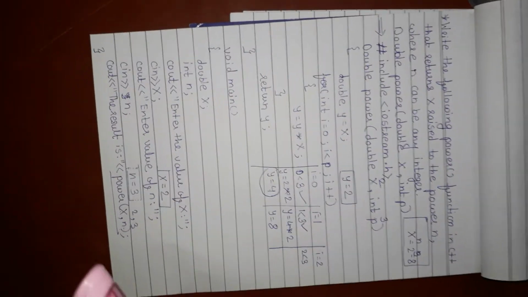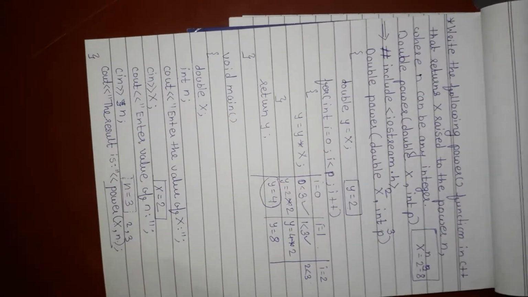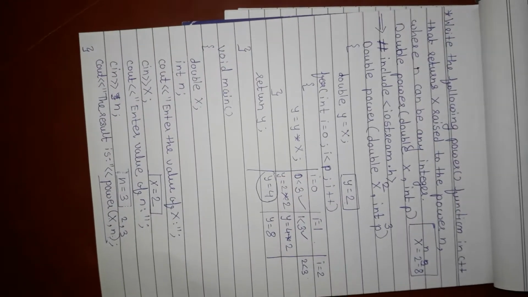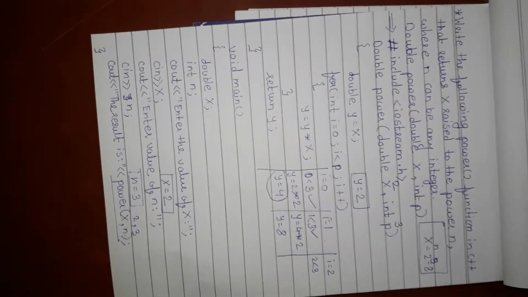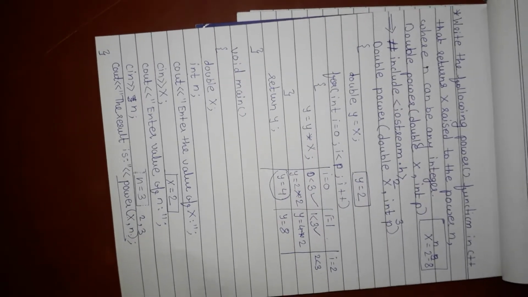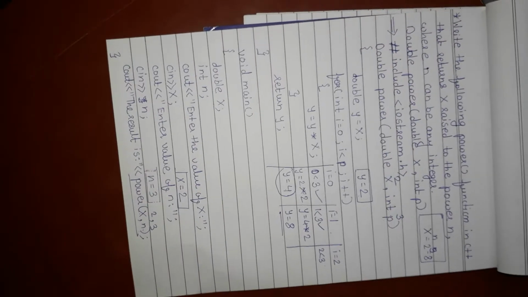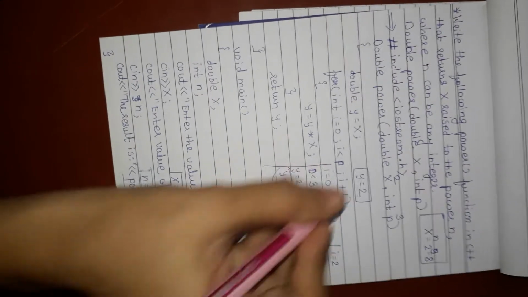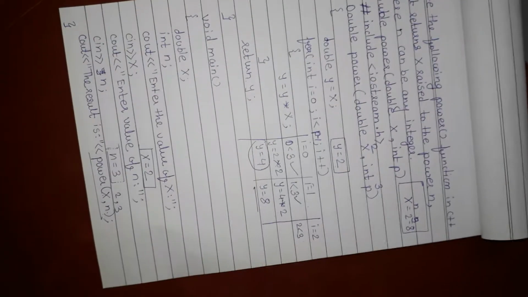What is wrong? We need to stop at i equal to 1 only. If i equal to 2 is executed, the condition is true, and 8 into 2, that is 16, we will get. But 2 raised to 3 is 8 only. So we already got the answer. Here we need to make one change: put i less than p minus 1.